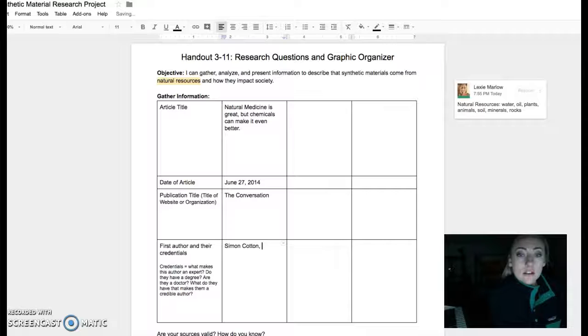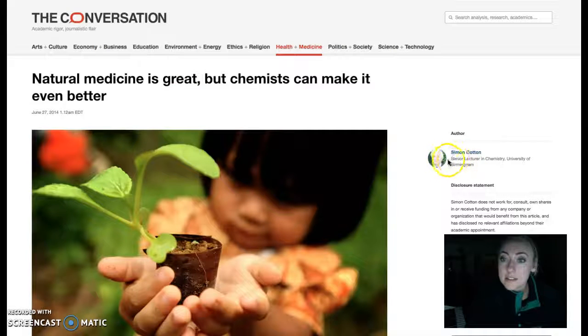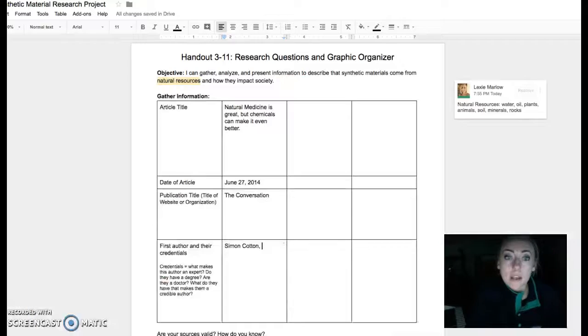Okay. Credentials are like what makes him an expert. So if you noticed, this article told us that he is a senior lecturer in chemistry. He works at the University of Birmingham. So that tells us that he is not just some guy who is giving his opinion. He's educated, he has done the research, and he has evidence to back up what he's saying. Okay, so he is a senior lecturer at the University of